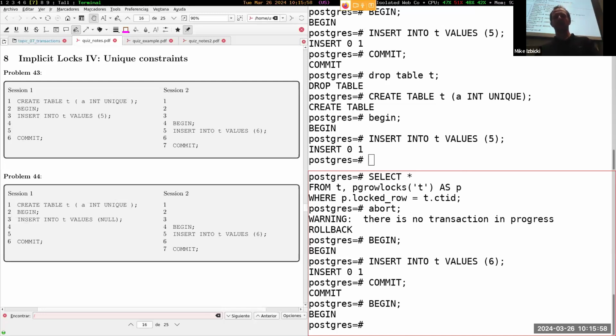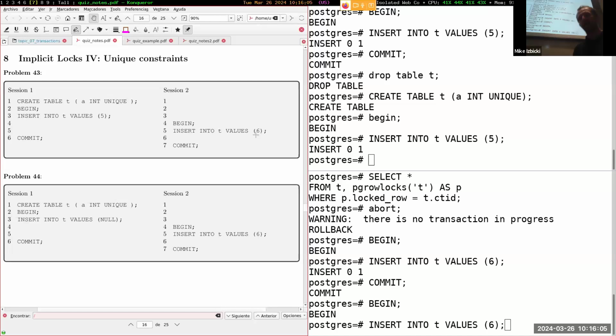And now the difference here is that instead of doing an insert into T values 6 right here on line 5, exactly how it's written, I want to insert into T values 5, and we'll see what happens. In this case, our value up here that we're inserting is already 5. And so on line 5 over here, when I insert a 5 instead of 6, whether we are going to conflict with the unique constraint will depend on whether line 3 actually gets inserted or not. So in the bottom right-hand corner, I'll hit enter, and you can see that we do in fact block